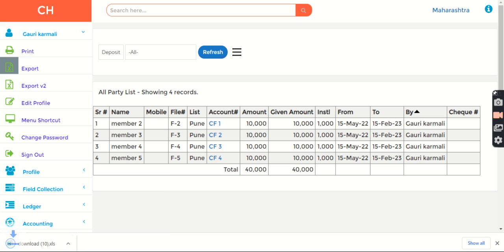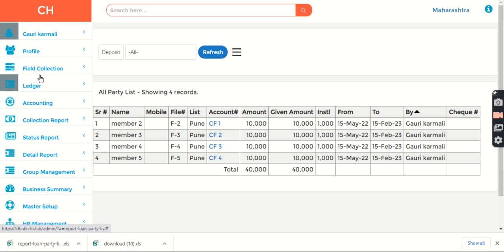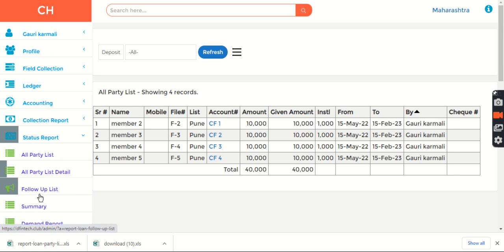Now when you click on export, it will get exported to Excel, but it will not give you the name of the report. For example, if you click here, you will see that this downloads using the name of the report format. Now similarly, if you see some other report,